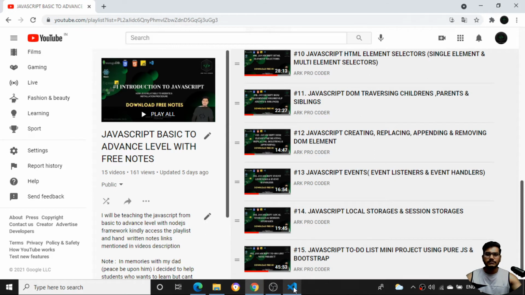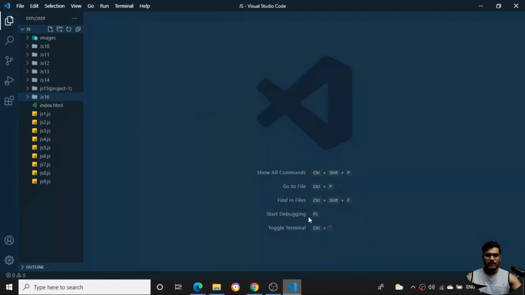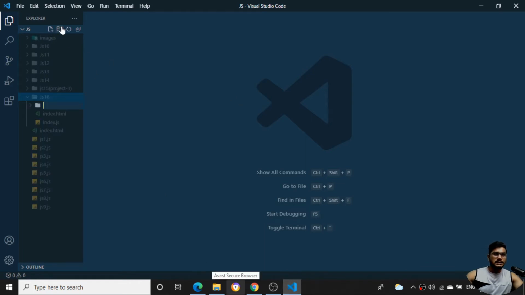Now coming back to the coding part, I'll create a new folder inside this folder and name it JS17.